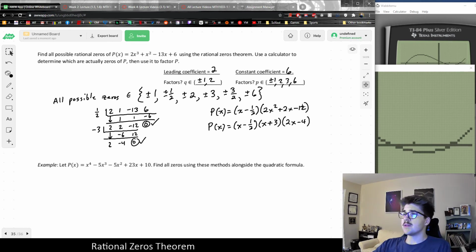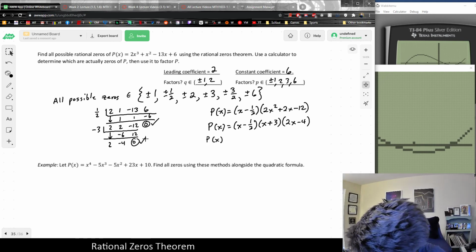And one last thing that you probably noticed about this polynomial, or also 2x minus 4, is there's a common factor. And a more normal way of writing this, because notice how when I write a factor like this, it seems kind of strange to write a factor within a polynomial. And this isn't something that's done very often. And I'm not saying it's wrong, but it's not really a correct way of writing the final answer. And really, notice since there is a common factor of 2, how we usually do it is we would actually pull this out of this factor and move it into this one. Basically, I could factor out the common factor of 2. Usually we put that out front,